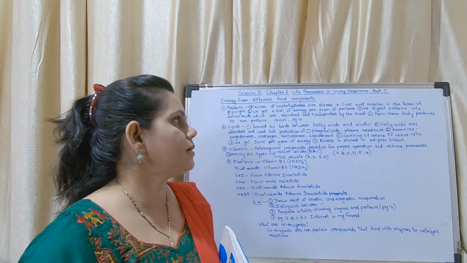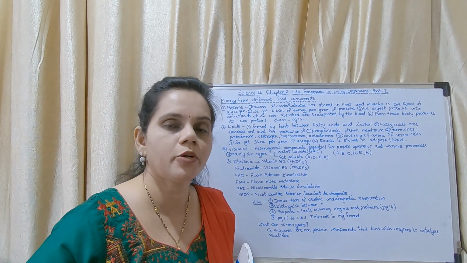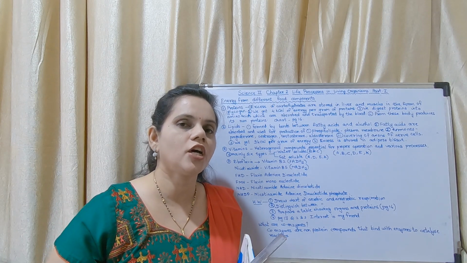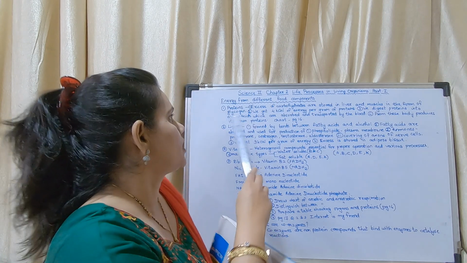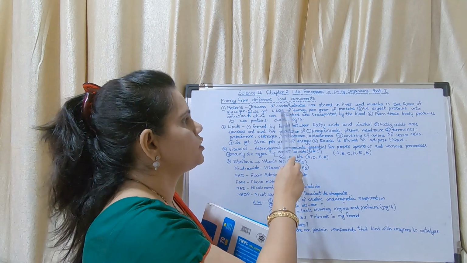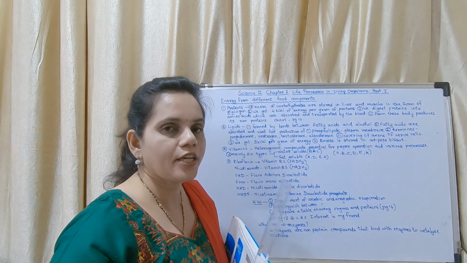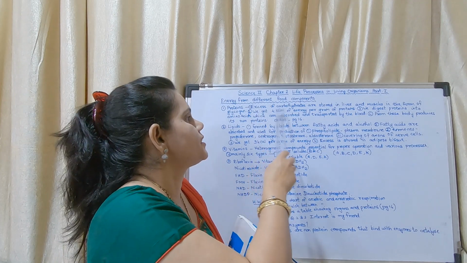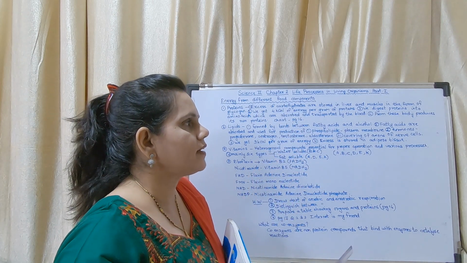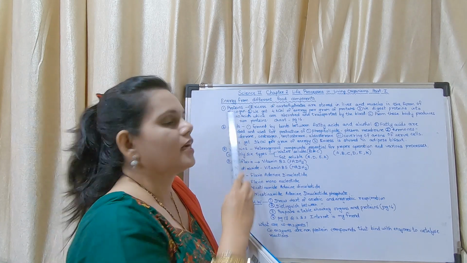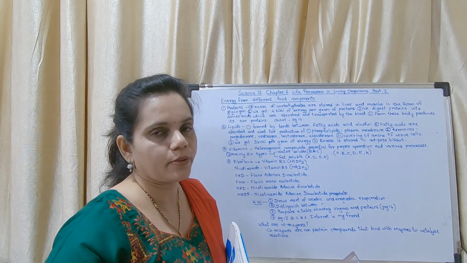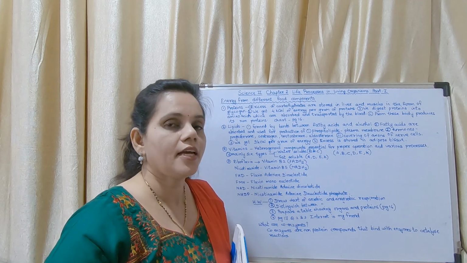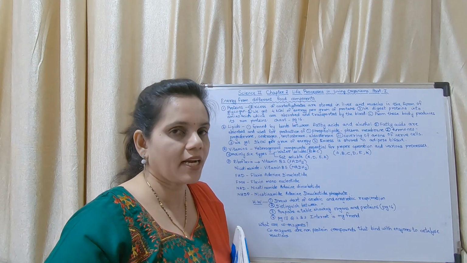Okay, now we will see about proteins. We have studied about carbohydrates. Carbohydrates enter into either aerobic respiration or anaerobic respiration. Okay, so this point you have to underline in your textbook. That is why I have written here, so that I won't forget. So excess of carbohydrates are stored in liver and muscles in the form of glycogen. This is a fill in the blank question. So excess of carbohydrates are stored where? In the liver, in the form of what? In the form of glycogen.